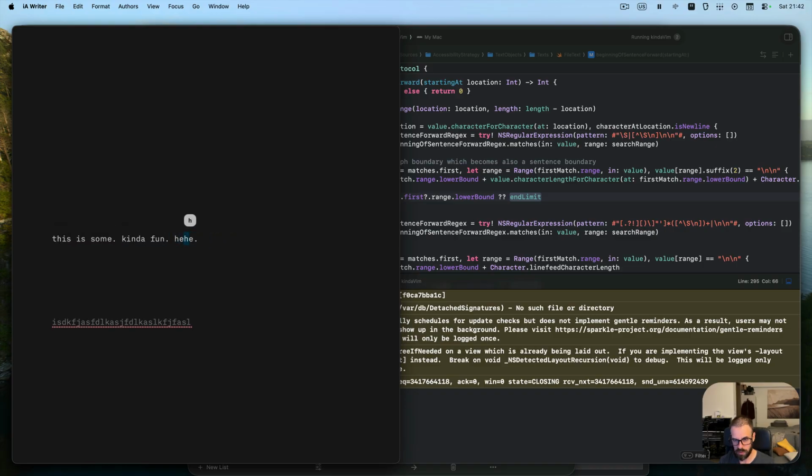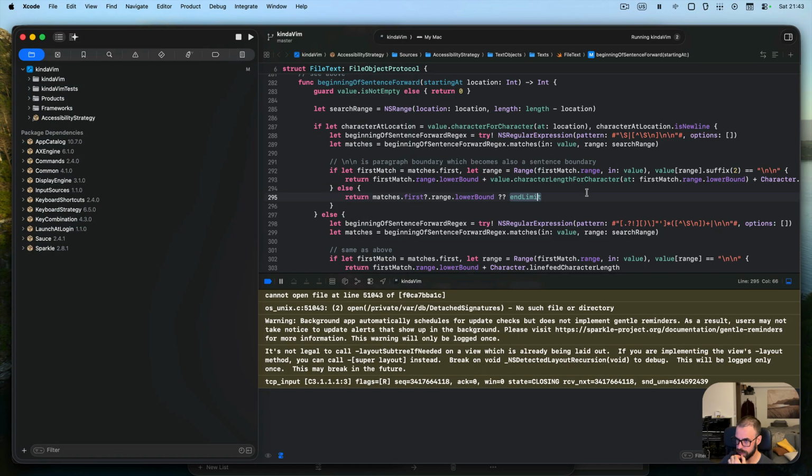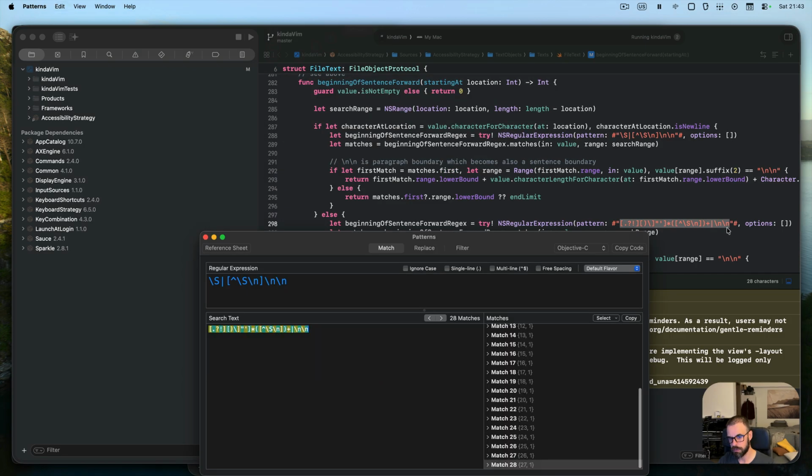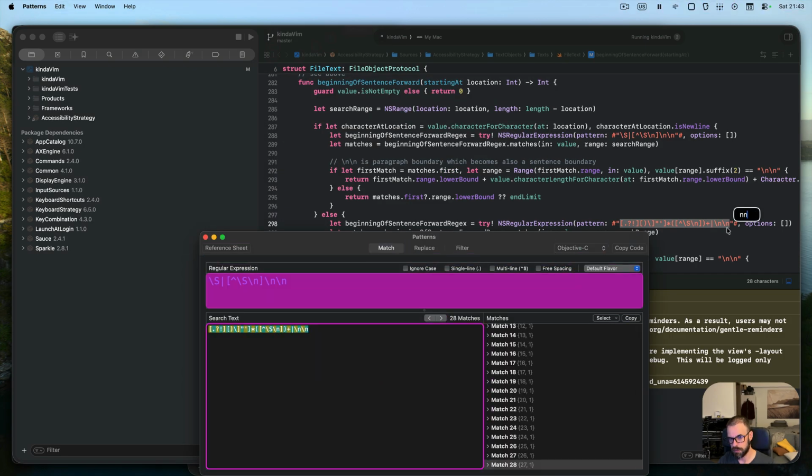So if we're on blanks, it works, but if we're not on blanks, then it stops here. And it should stop one character after, so in the next line. And the issue here, so this is what I'm thinking now. The issue here is gonna be